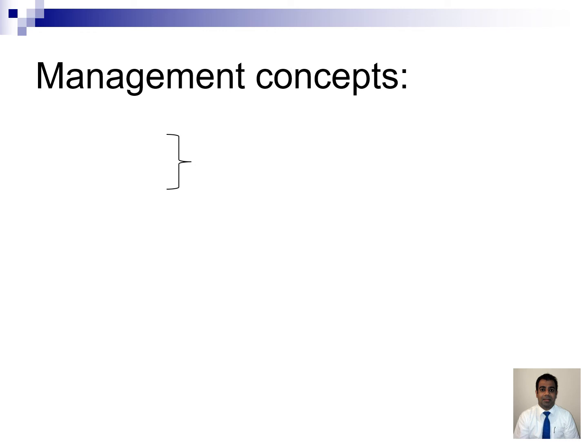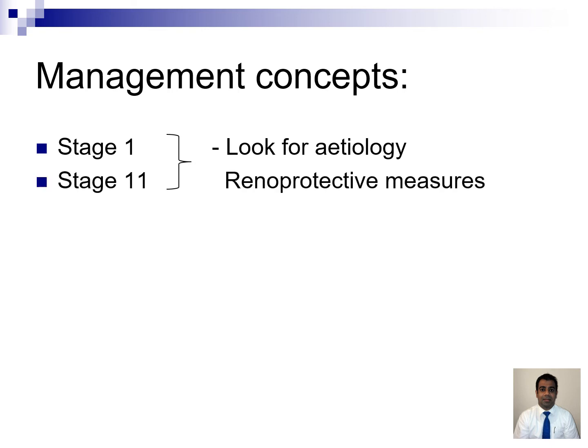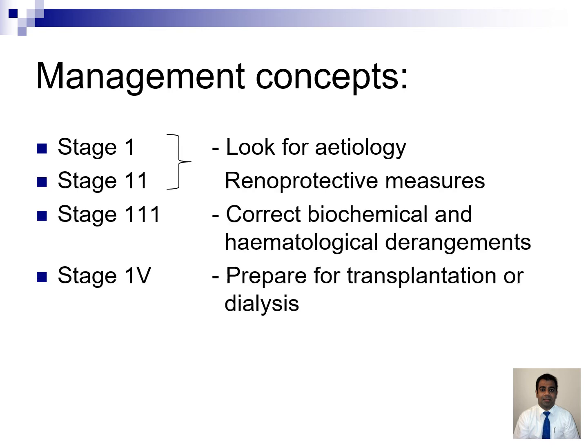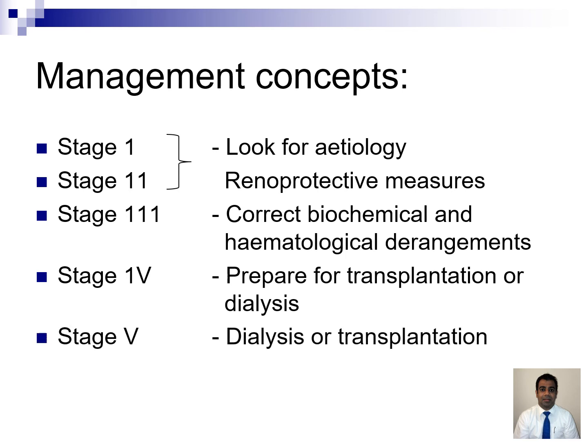So what are the management concepts? We'll discuss these based on the stages of chronic kidney disease that we discussed in a previous slide. So as I mentioned, there are 5 stages of chronic kidney disease. So in the early stages, that's in stage 1 where the GFR is above 90, and in stage 2 where the GFR is between 60 and 89,